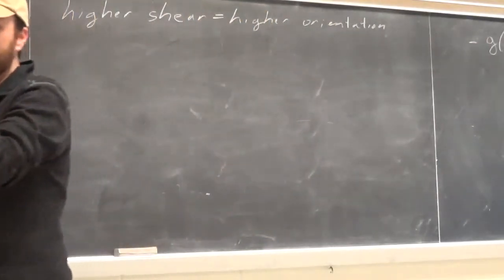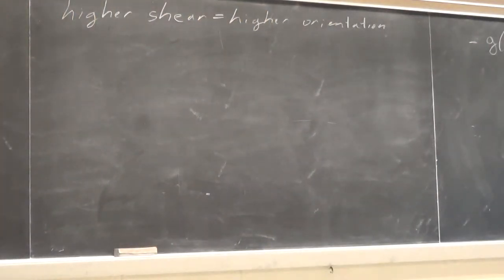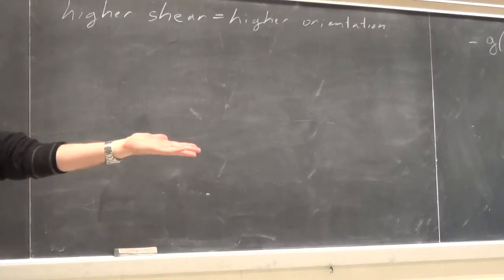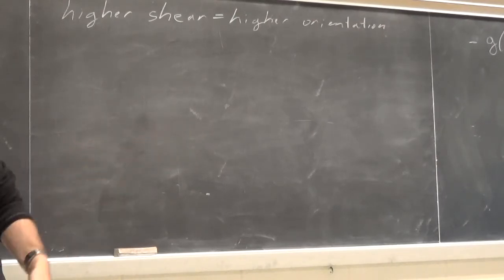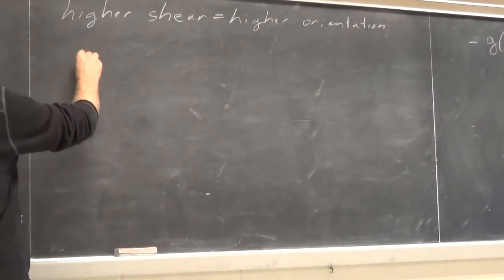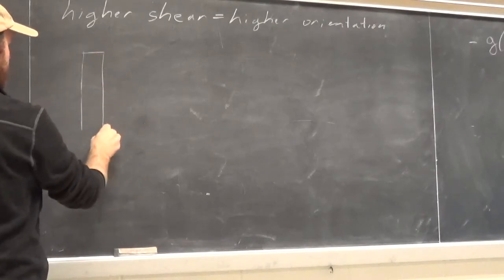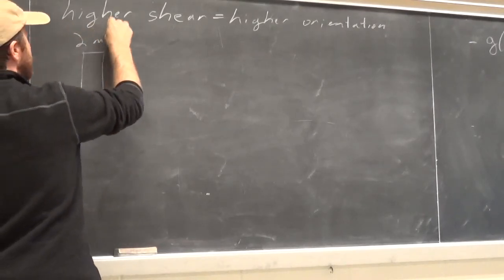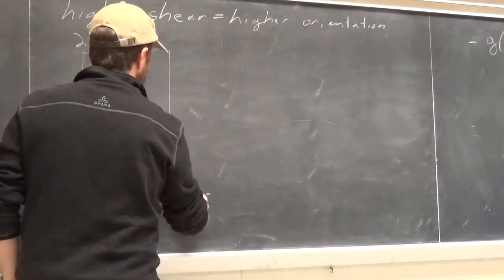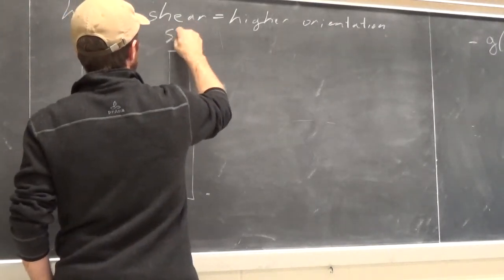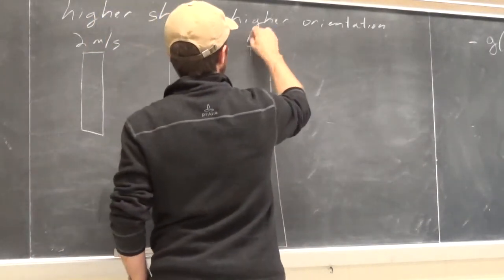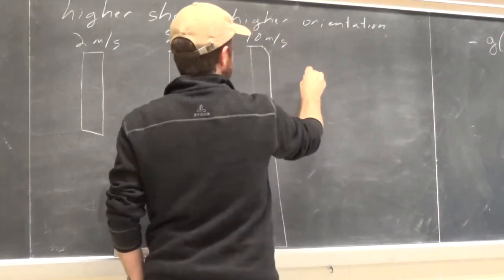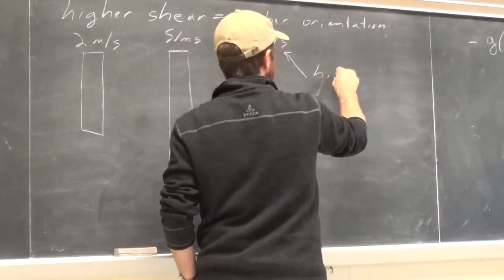There can be some special cases where there's melt fracture and other weird stuff going on, but if you shear something very rapidly or at a high rate, you'll tend to get more orientation. So if we elongate a sample at 2 meters per second versus at 5 meters per second versus at 10 meters per second, this is the high shear condition,